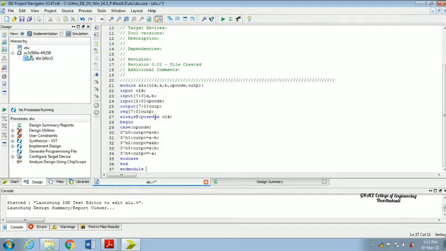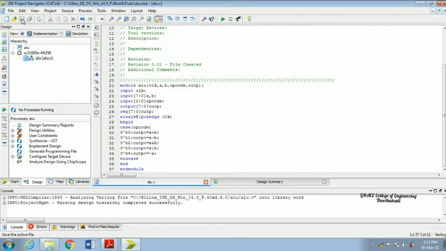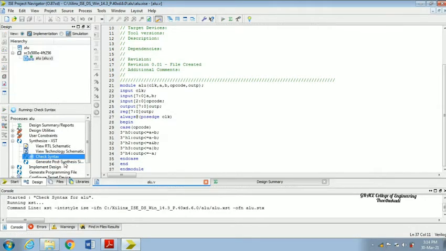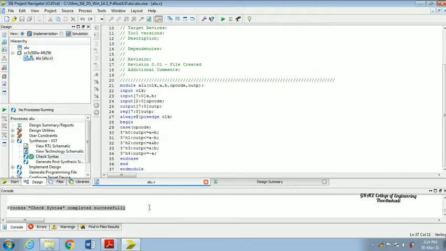We have typed the code here, and now we have to save the code, and by highlighting the Verilog file we have typed, expand the synthesis and choose the option check syntax and click run. See, now you got the message that the process of check syntax has been completed successfully.